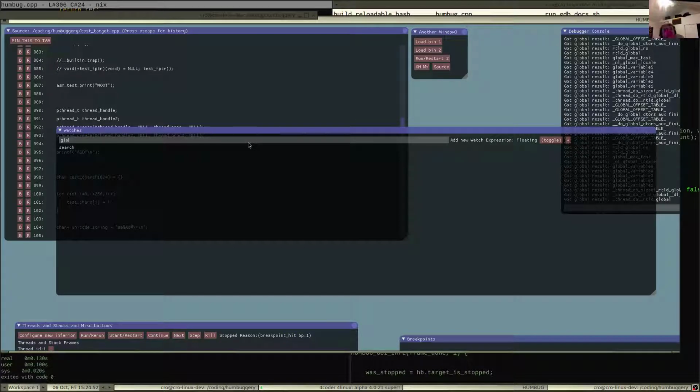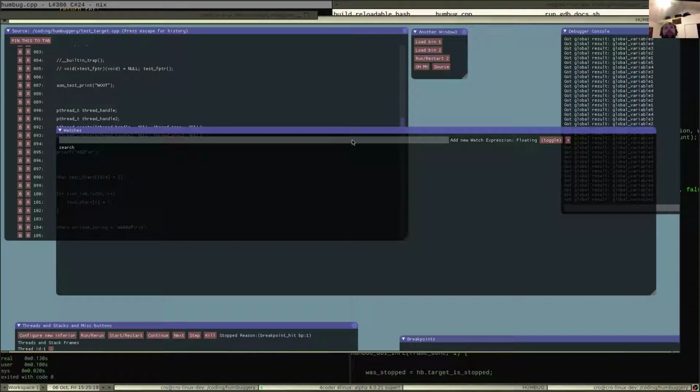Okay. Is caching working properly? I assume it is because, yeah.